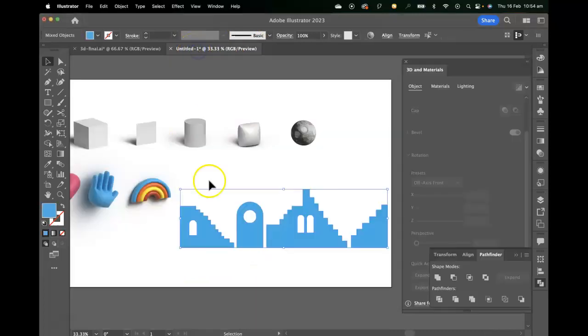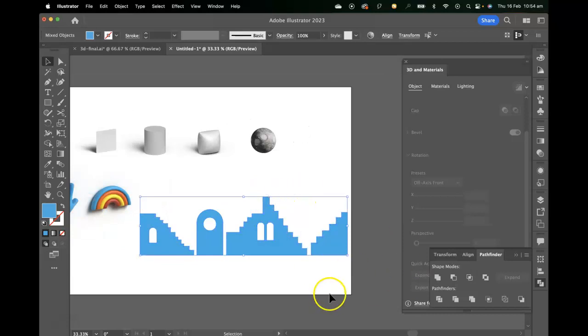They're over in our untitled project over here. So just some simple geometric shapes. I just used the pen tool and the rectangle tool and the ellipse tool to create these pretty basic shapes. I'm pretty sure you'll be able to do that on your own. And now I'm going to apply the 3D effect to them, and